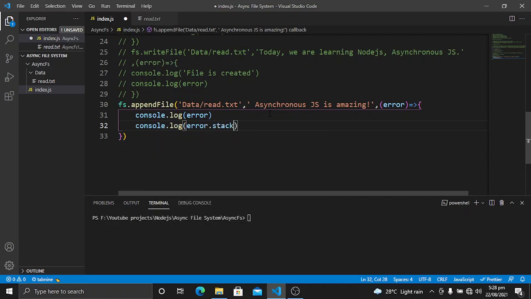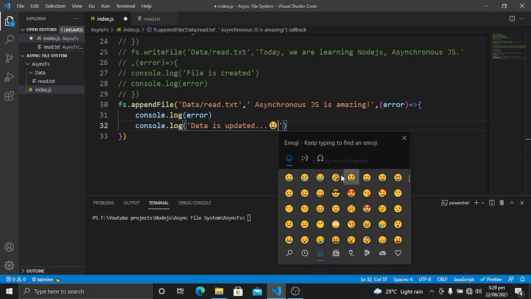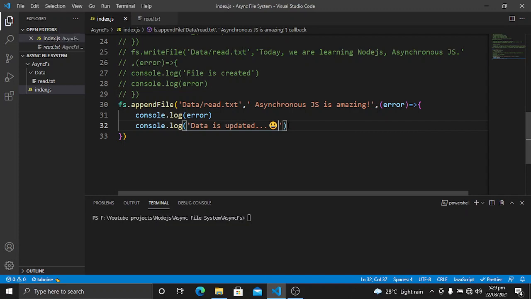So console log, data is updated. Let's also add some emoji here. Let's save it.